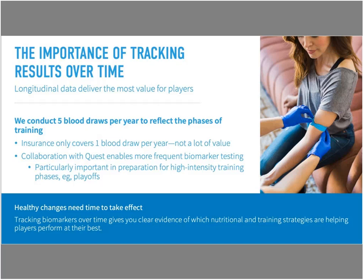So what we did was we identified 5 key times in the training cycle, 5 key shifts into different mesocycles of training, and we conducted the blood draws at either the very beginning of a cycle or at the very end of the cycle. And typically the beginning was the end of a previous one. So to reflect those phases of training,